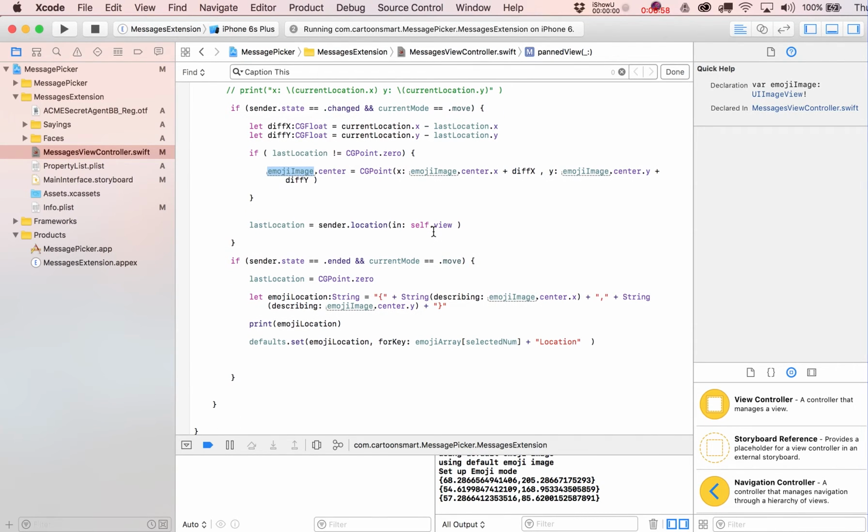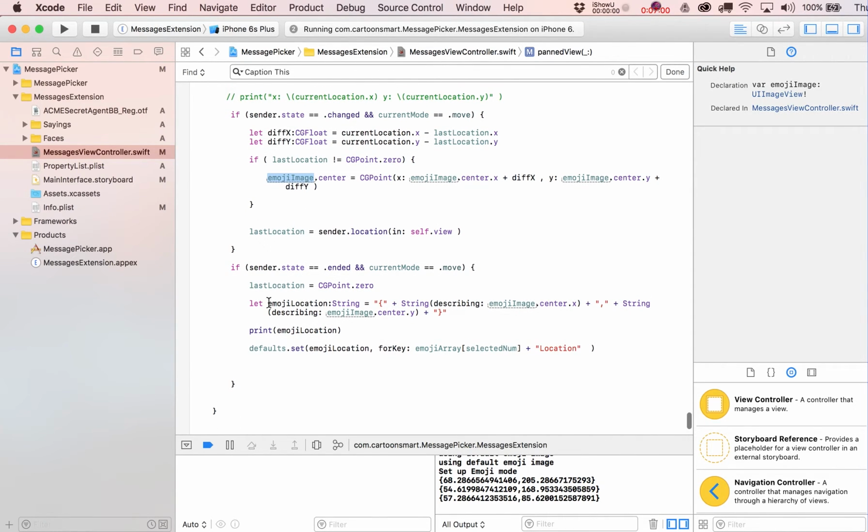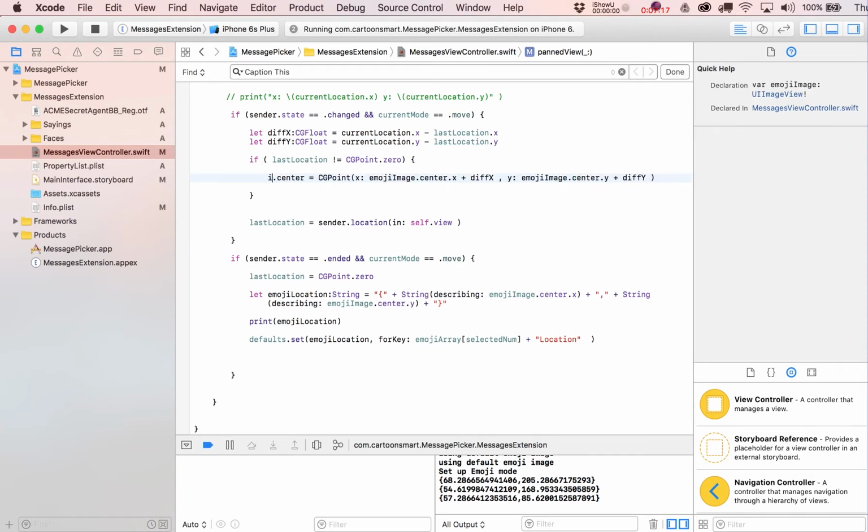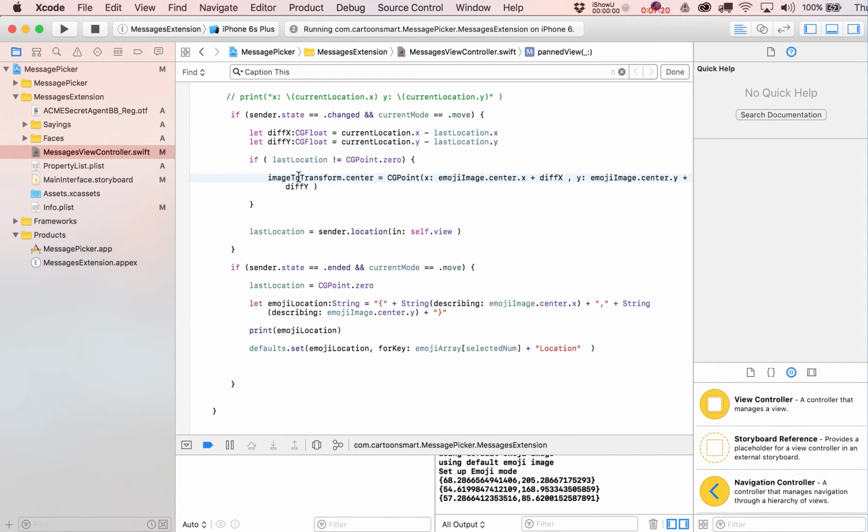It only gets tricky when we need to come over here and save to the defaults, because we'll have to test whether or not that image equals the emoji image or the saying image, and of course when we save our key for it, that's going to be a little bit different. But let's just dive right in. So we're going to say imageToTransform is going to equal